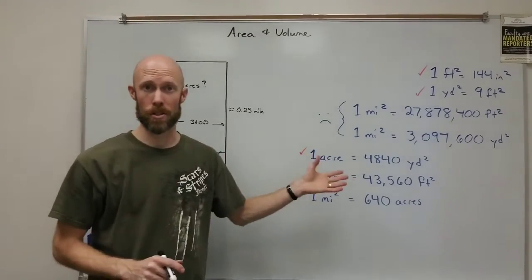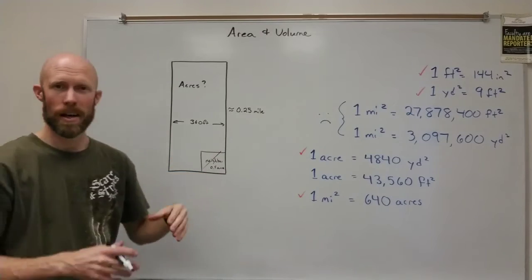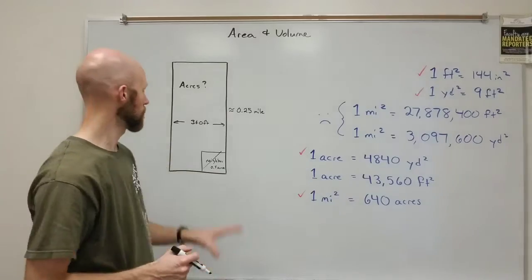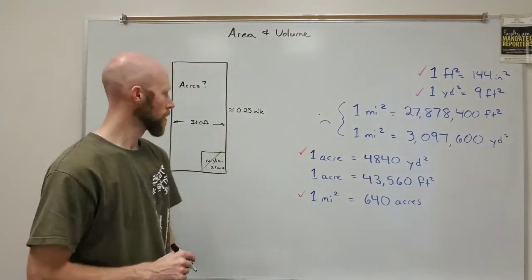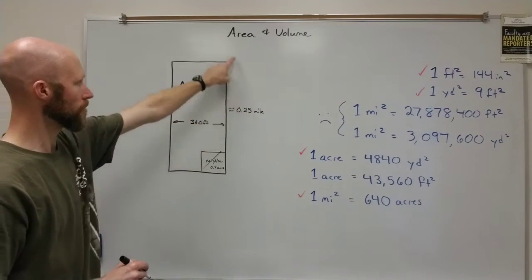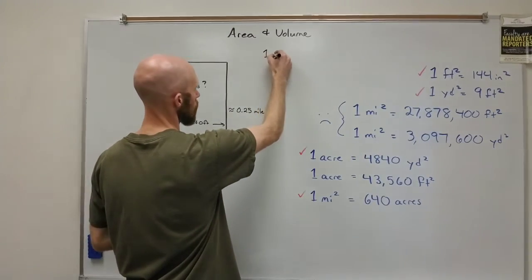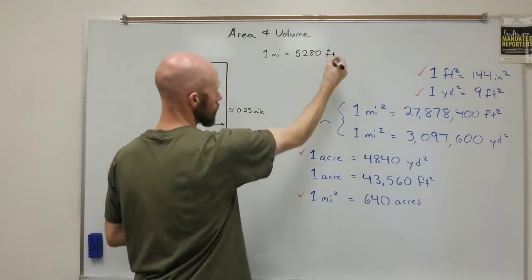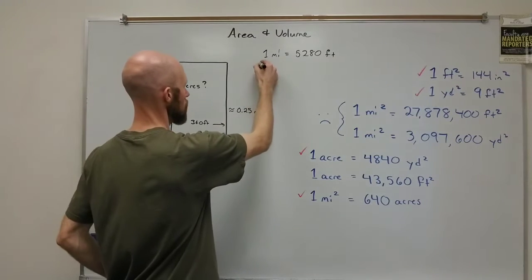It's just a bunch of conversions, but look, we've got miles, feet, and acres, and we've got to get all these things together to make a calculation here. It's all based on these conversions. So what we need is to figure out how many feet are in a quarter of a mile. Well, a mile itself is equal to 5280 feet. We know that from our length discussion. A quarter of a mile